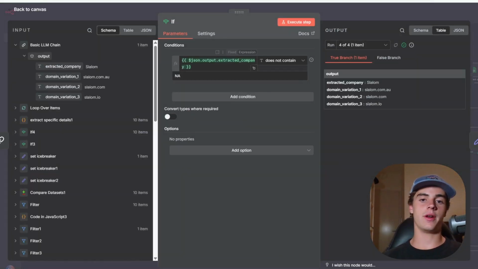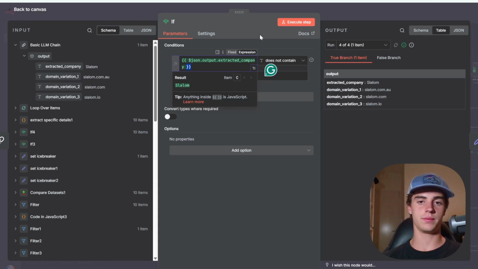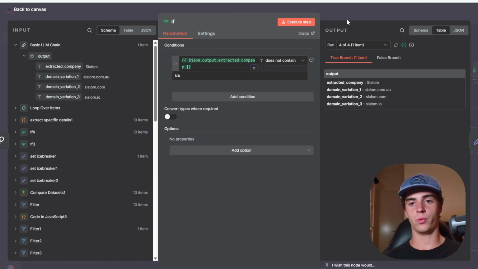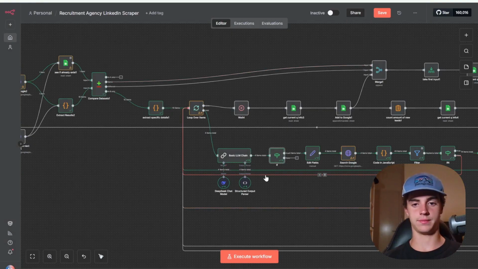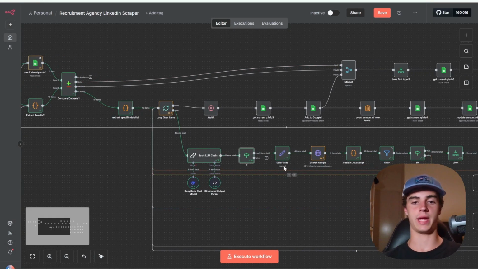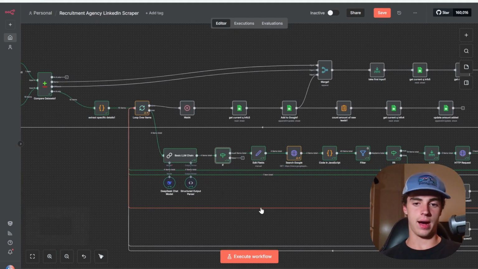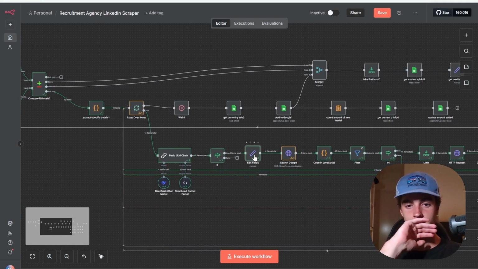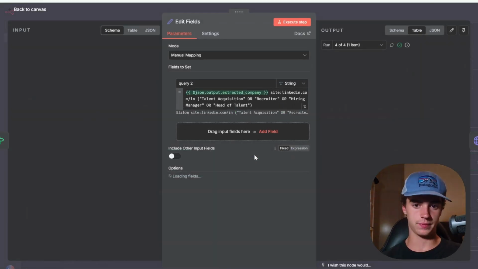Now we want to do an if node. If the company is not NA, we continue. So basically it's making sure that we actually get leads. We want to edit the field. This I believe,